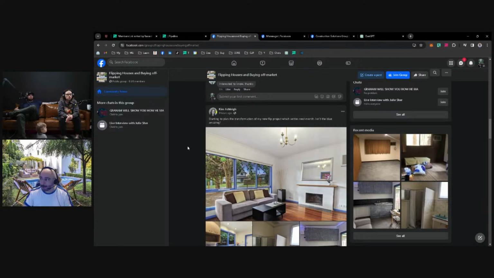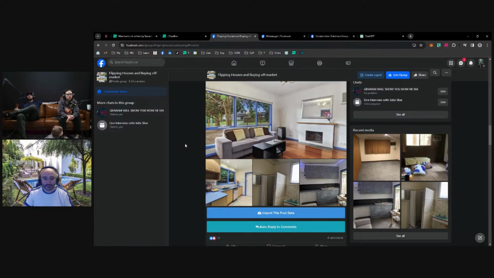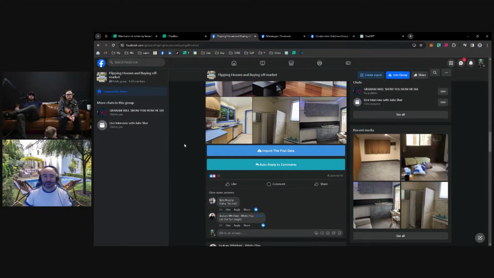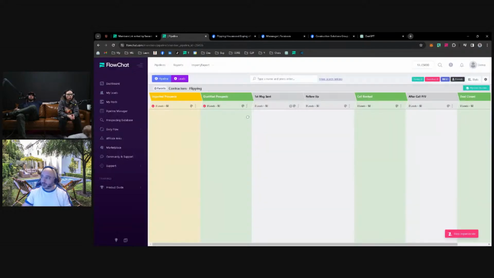What type of things are you seeing people use the pipeline for? I think you touched on it a little bit, but it's really to message them on whatever platform, social media wise. Is that what it is? And then they're getting them to either sign up, book a call, or follow them on their Facebook page or social media page. It's not on pages, it's on personal profiles only, because pages cannot do outreach. Technically, you cannot send messages from a page, and if you're messaging pages, it's not going to work. So you need to talk to people and build relationships with people. Are you guys having some challenges there?